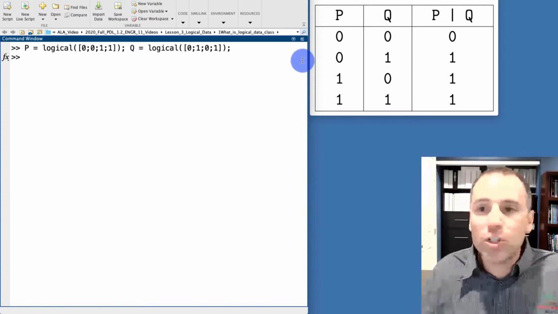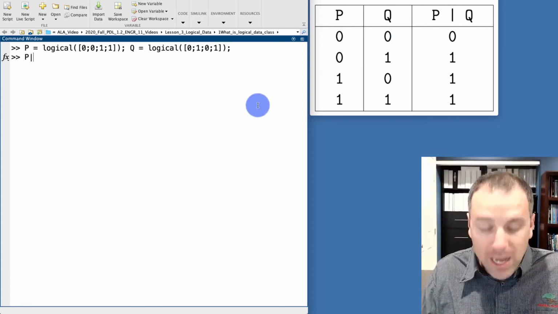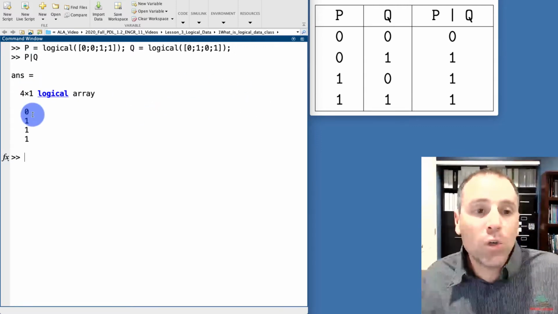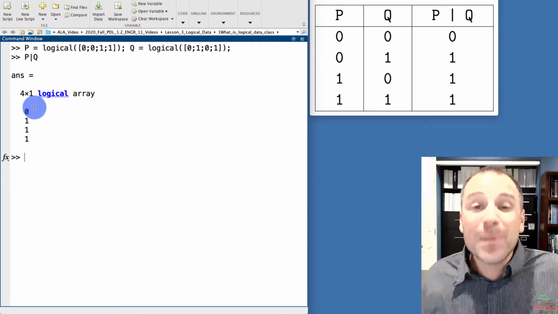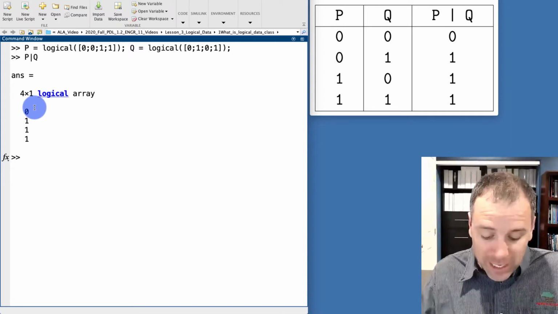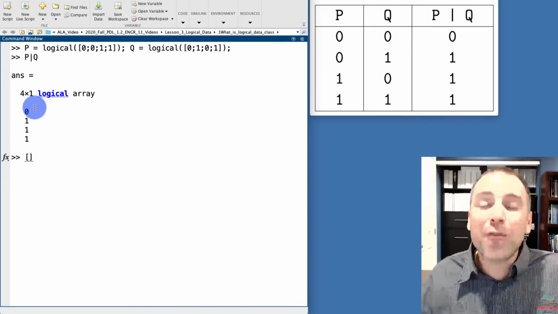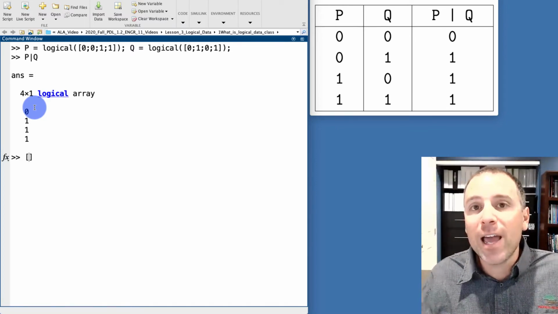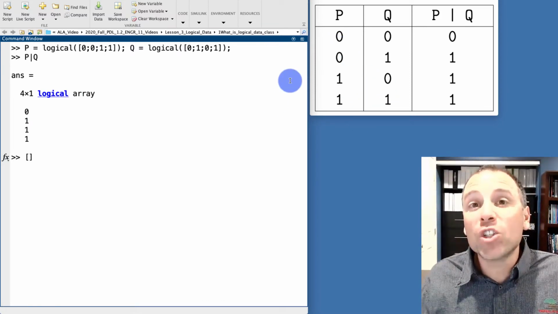So now we've got those two vectors which store the exact information that we have. Let's check P inclusive OR Q. Notice that P or Q evaluates as true when at least one of those vectors is true. Specifically, we could do the same thing that we've seen in the previous video on the AND operation, which is to actually define a non-vector matrix whose individual entries store logical scalars that encapsulates the entirety of this truth table for the logical OR operator.